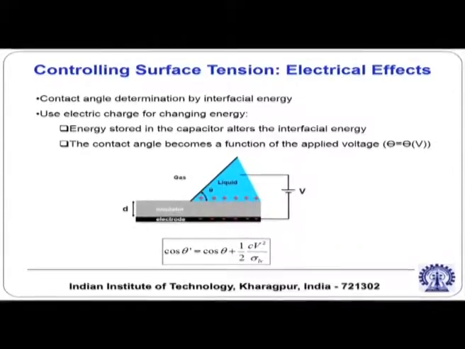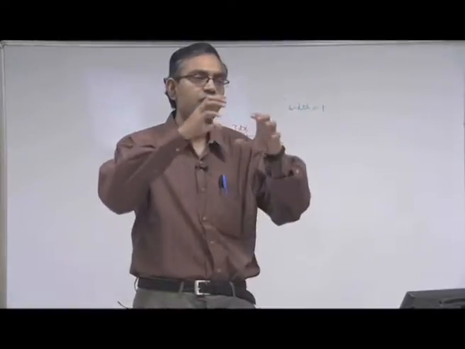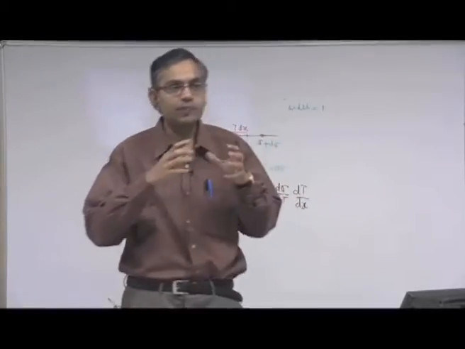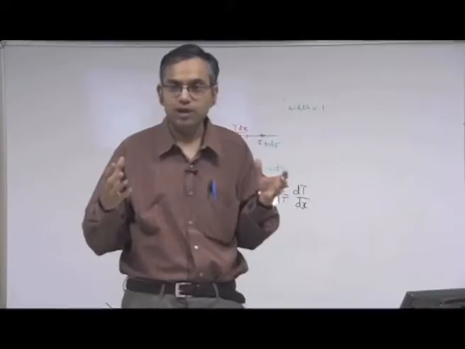So let us say that you have an electrode, just look at this schematic. On the top of the electrode there is an insulator. A typical insulator is a dielectric material, and what is not shown at the top, because it is a very thin layer, is a thin hydrophobic layer on the top of the insulator. That is important because you want to form a droplet on the top of that. If it is not hydrophobic you do not expect a droplet to form, right.